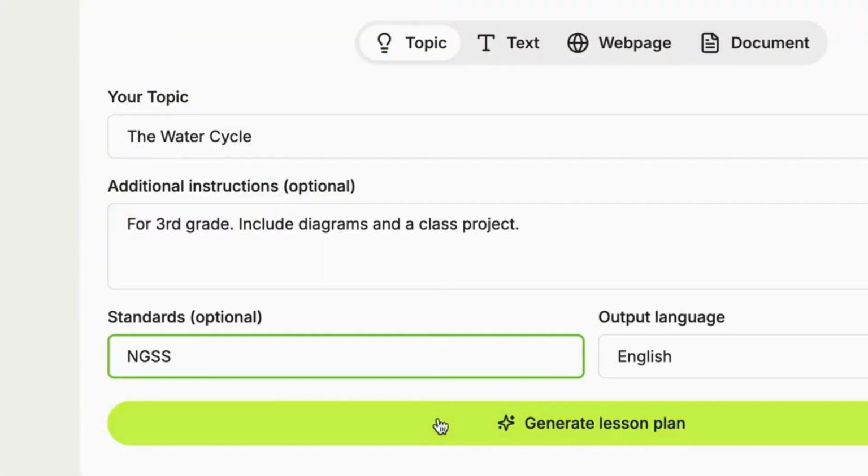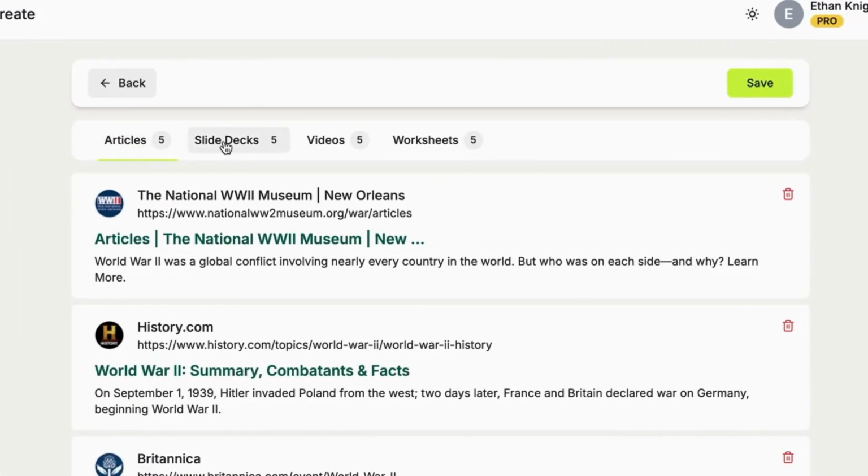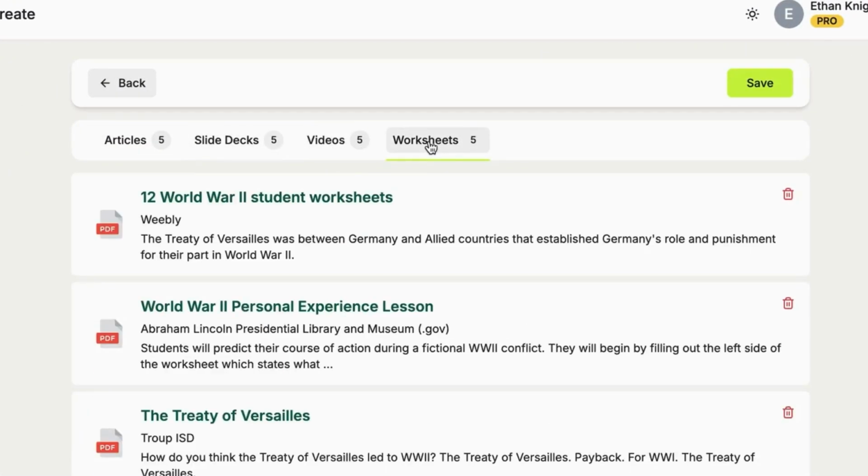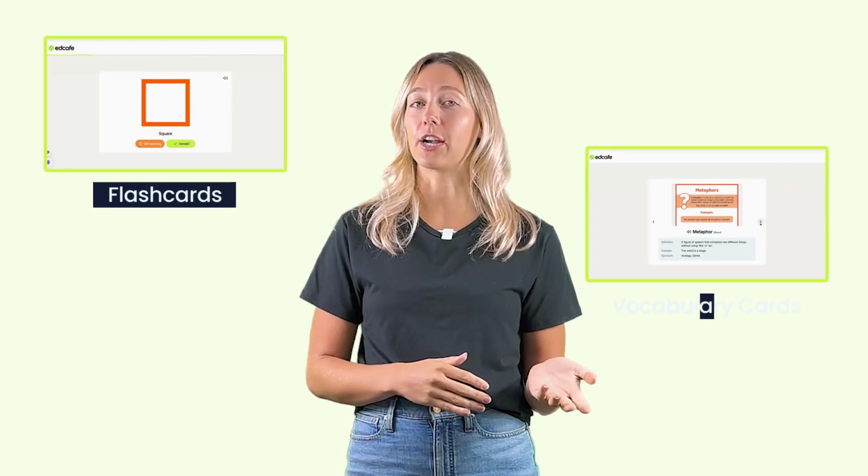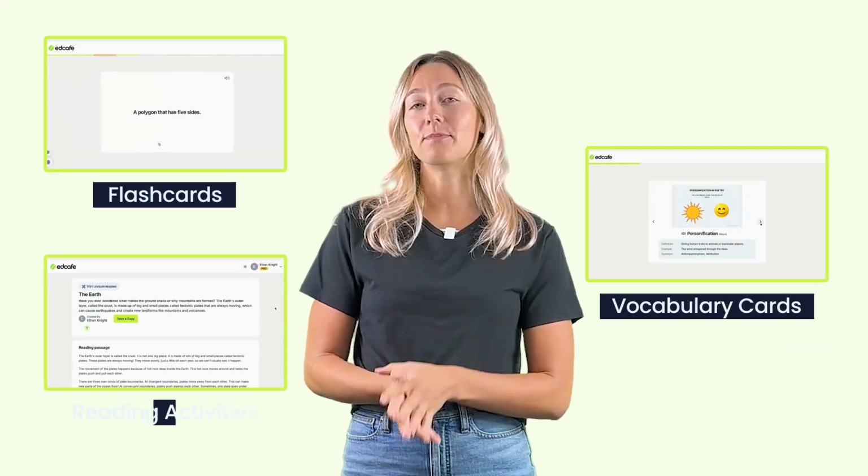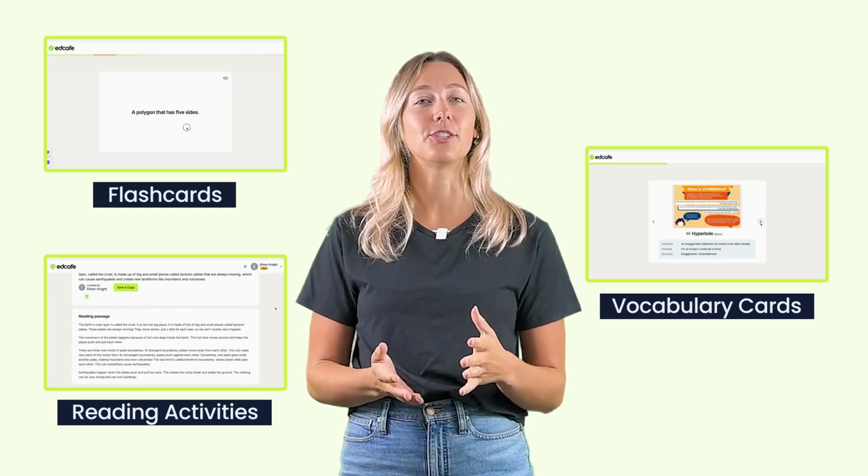Begin planning your lesson by quickly generating lesson plans and slide decks, and access a wide range of teaching resources for instant inspiration. Easily create teaching materials like flashcards, vocabulary cards, images, audio, and differentiated reading activities to challenge students